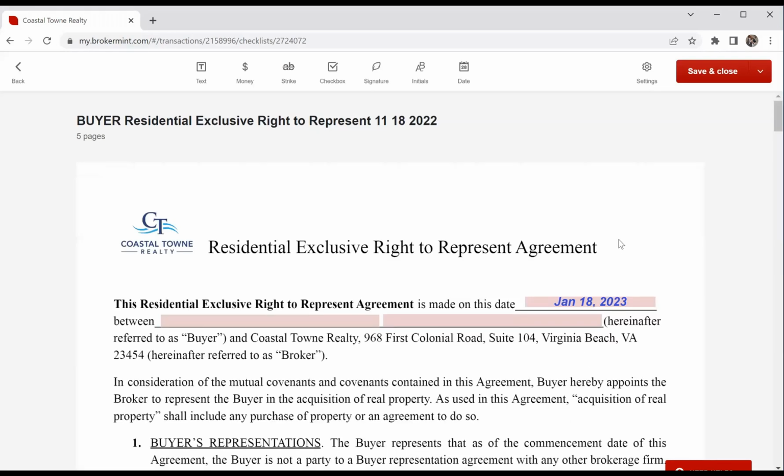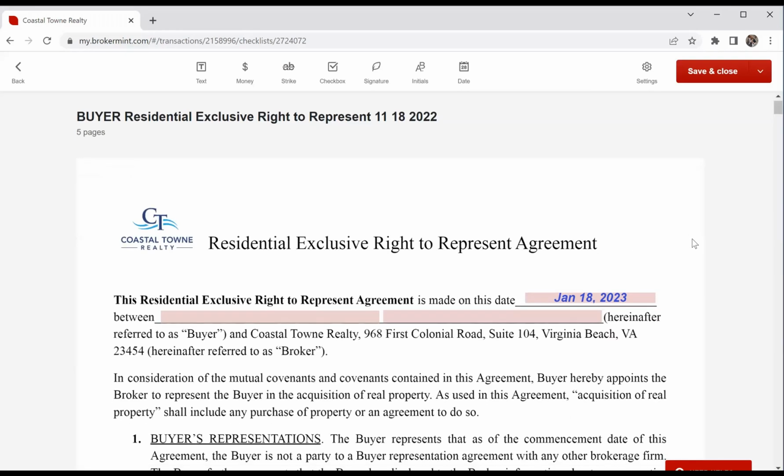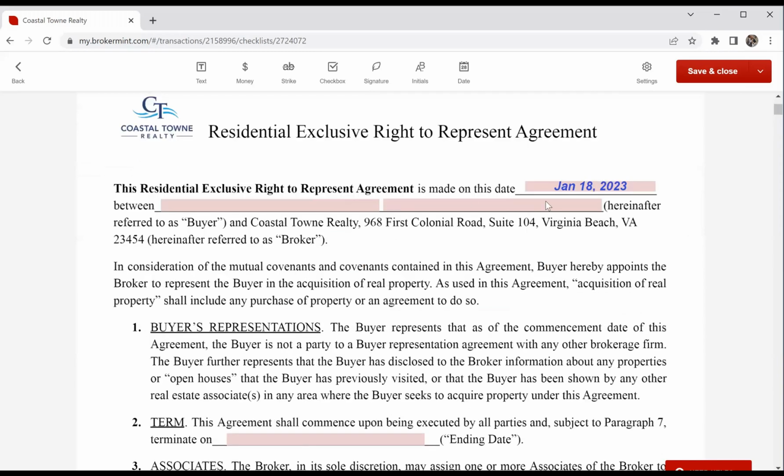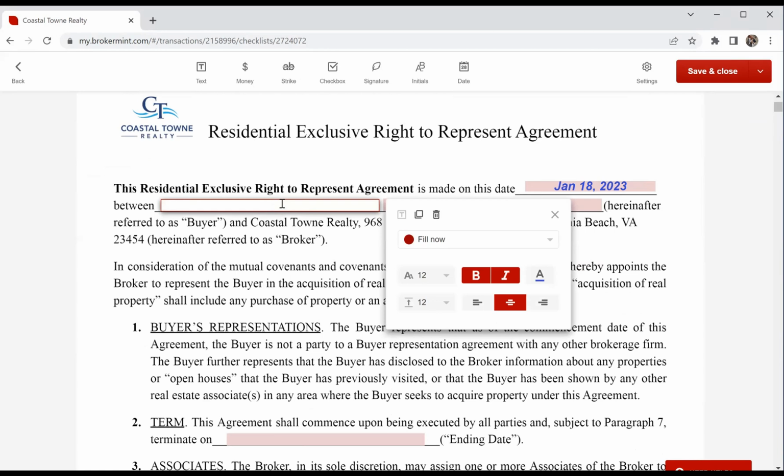Now it's going to bring up the document, and most of the fields usually autofill. If they don't and it's pink here, you just simply click twice so it changes from the pink to the white "fill now," and you can simply